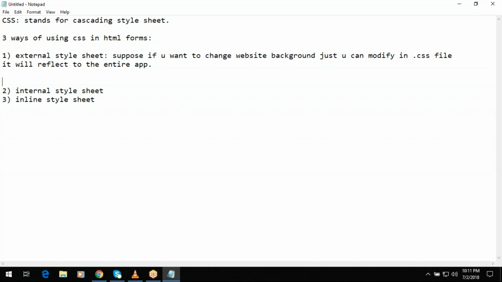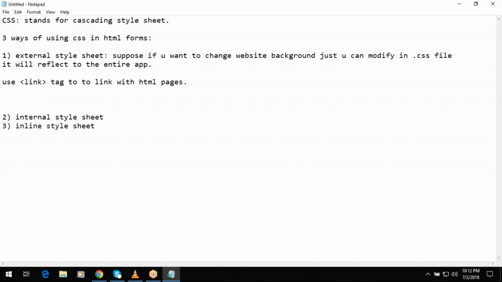Each page must link to the style sheet, so use the link tag to link with the HTML pages. For example,